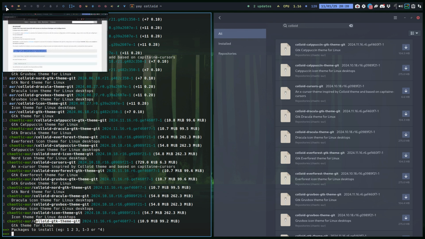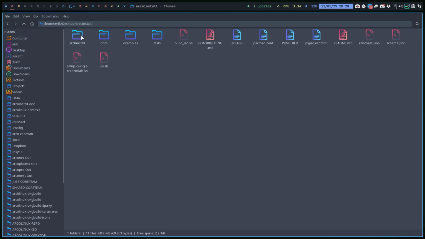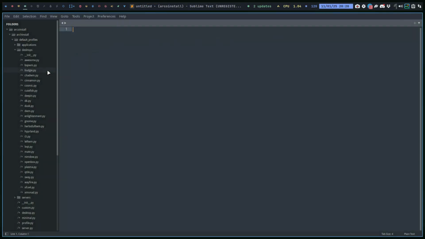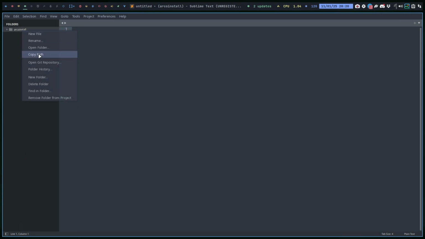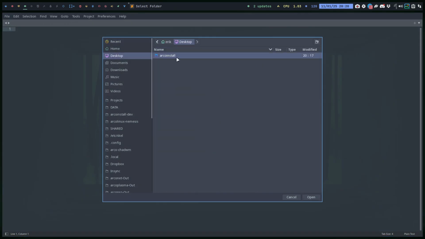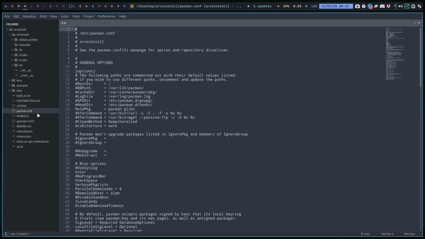But first things first. So we downloaded, well, git clone this thing. Okay, cool, we've got it here. Workflow, we need Sublime Text, or Code, or something else. Make sure you add a folder, open folder, desktop, this one, open, and read everything. Okay, check everything out. But what we need is pacman.conf,